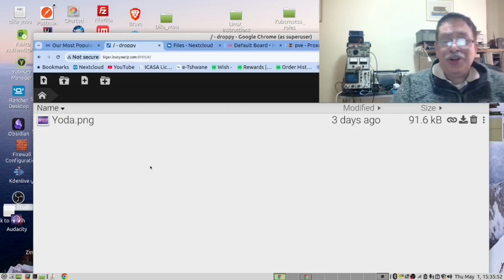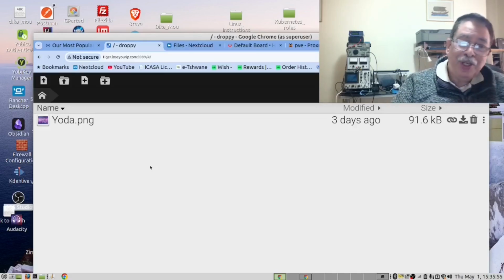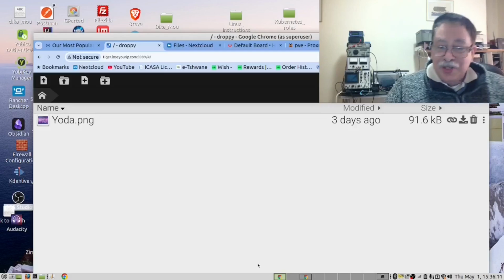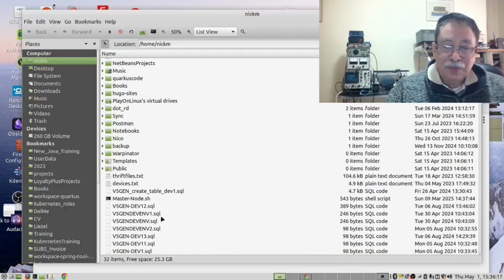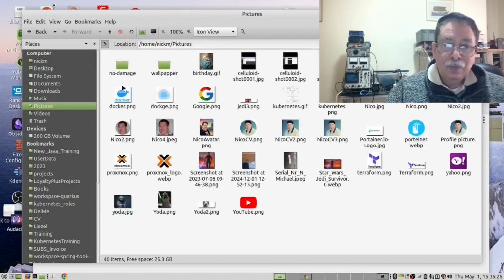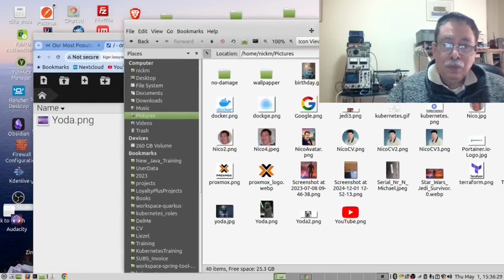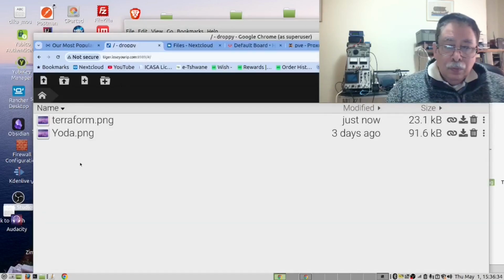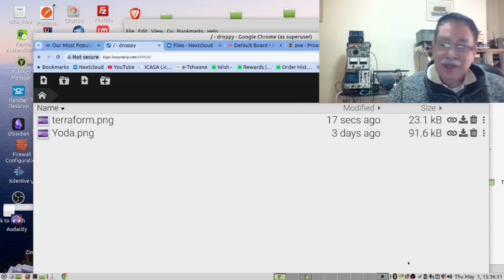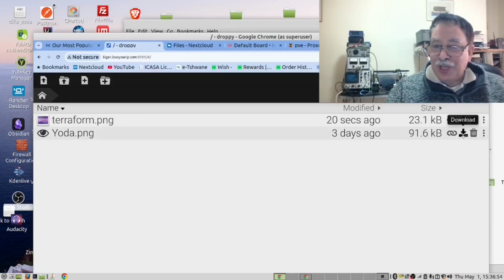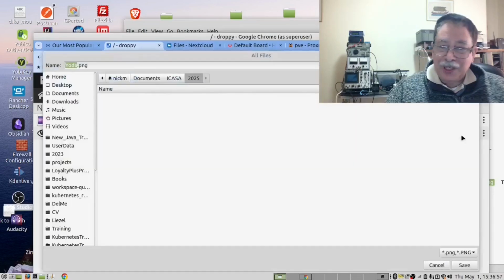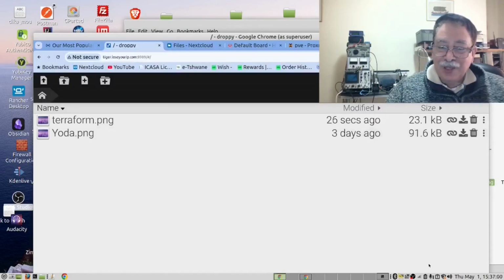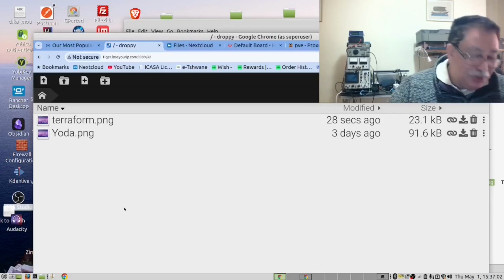The next Dockerized application that we self-host is Droppy. It has a very simple interface and it allows you to drag and drop files to it. As you can see, it is as simple as drag and drop, and there's the file. And then here they provide you with a link to download the file. So if we click here, we can now download the file.